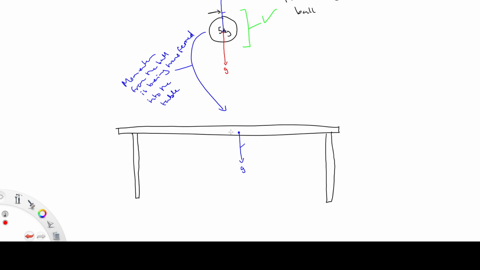Next, we know that the table's got its own mass, so it must be experiencing a force G due to gravity. However,